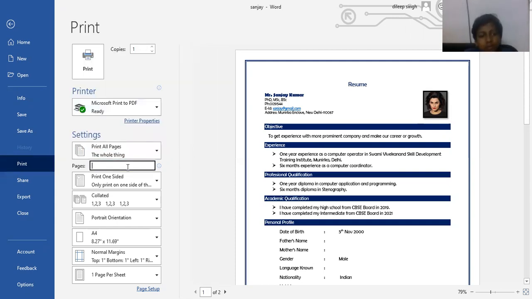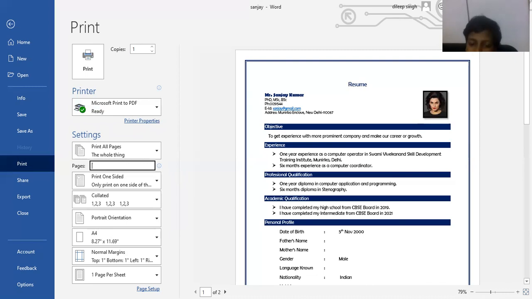Okay. And if you want to take a printout of a selective page, here the option is pages. If you want to take a printout of the first page, just type 1. It will print only the first page copy, not another copy of the page. Okay, so if you want to print some range, for example, we want 2 to 5, just type 2-5. It means it will give the printout from second page number to 5th page number. Okay, that will show the range. Understood? If we don't enter anything, it means you want to take the printout of the whole document.